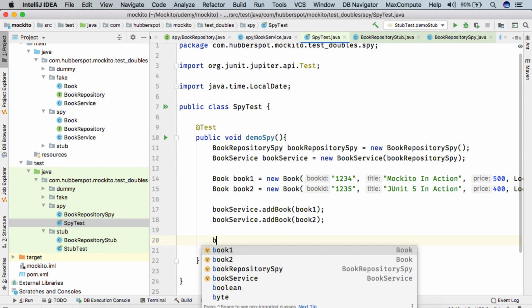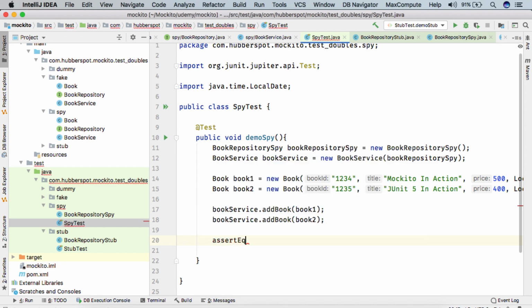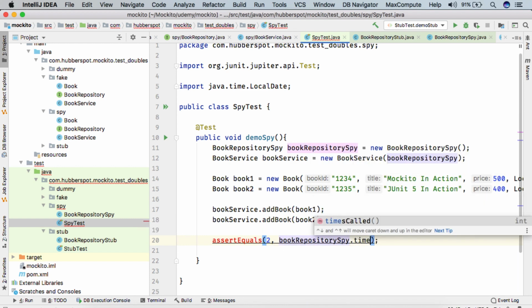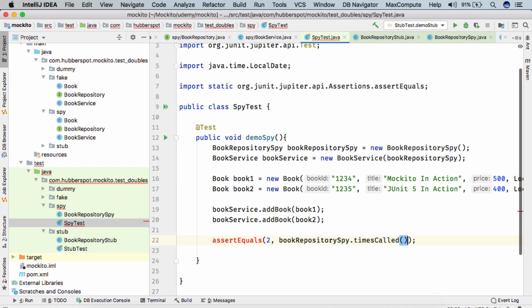So here we can assert, let's say we are adding these 2 books. So we can simply call book repository times called, and we provide the expected value as 2.